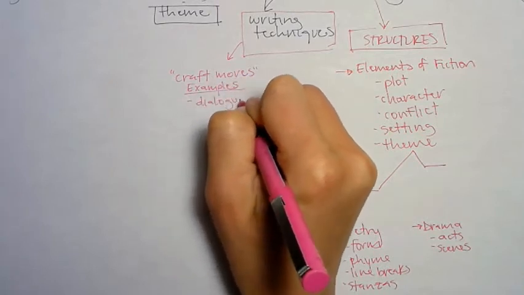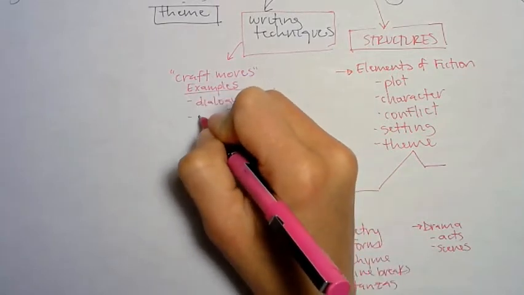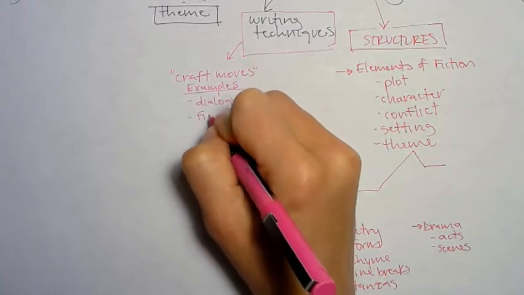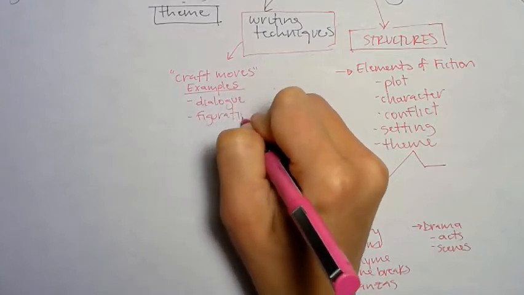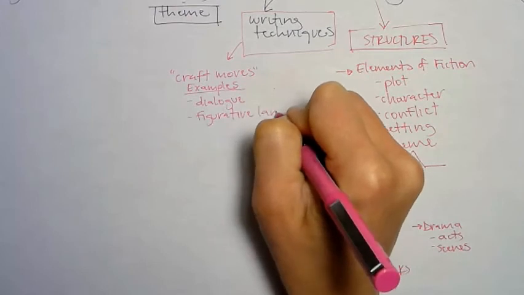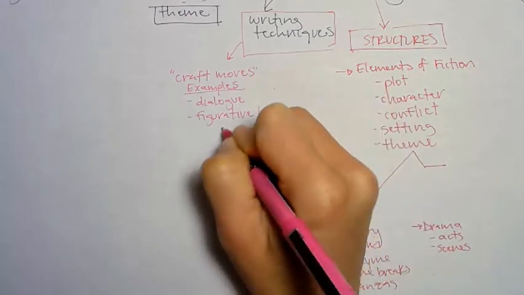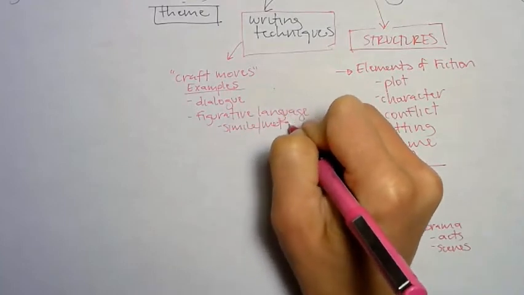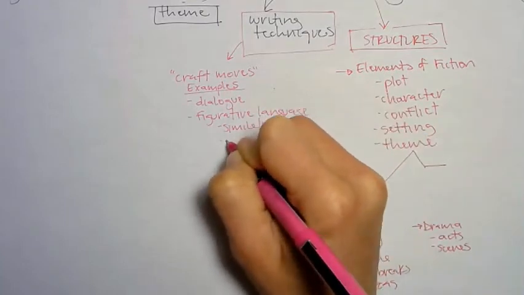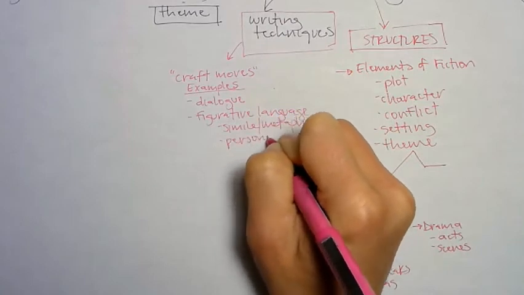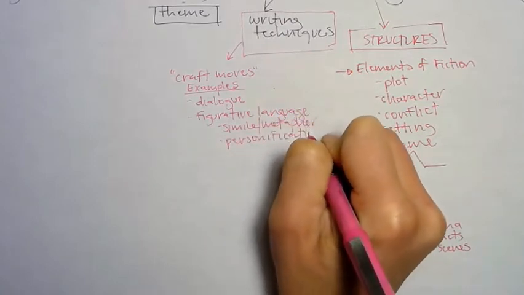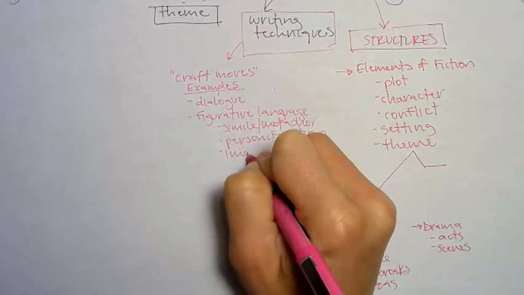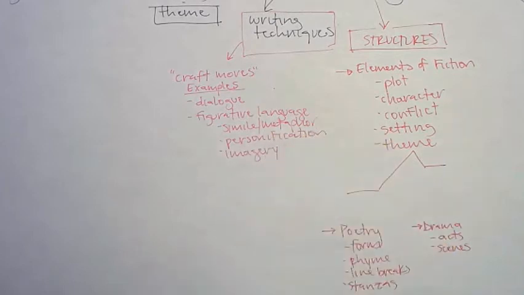Dialogue. You might look for figurative language. So that's like simile and metaphor. You're looking for things like personification, general imagery, etc. There are lots of those. Those are kind of the big, obvious three. But